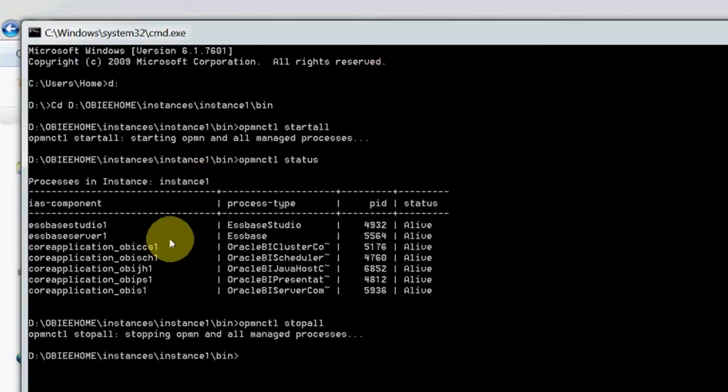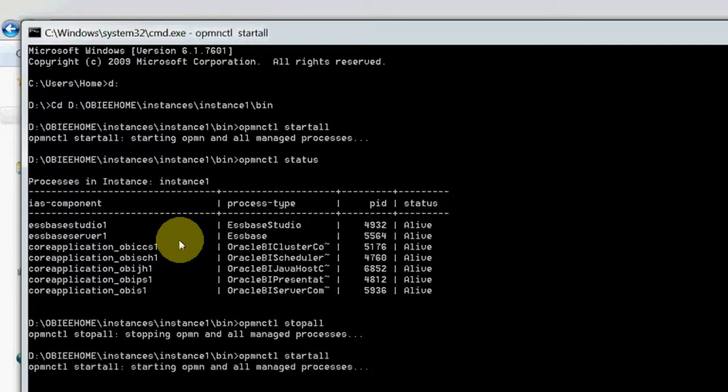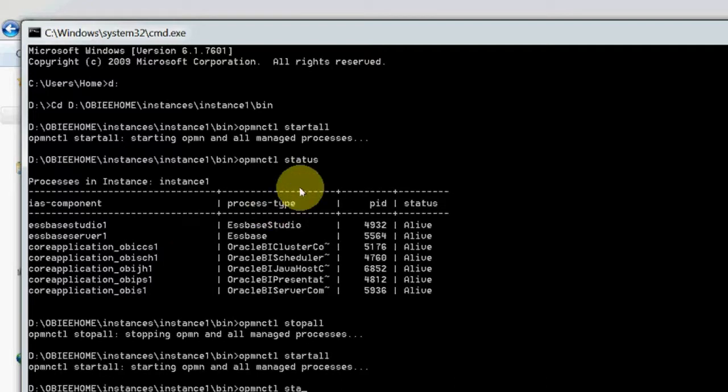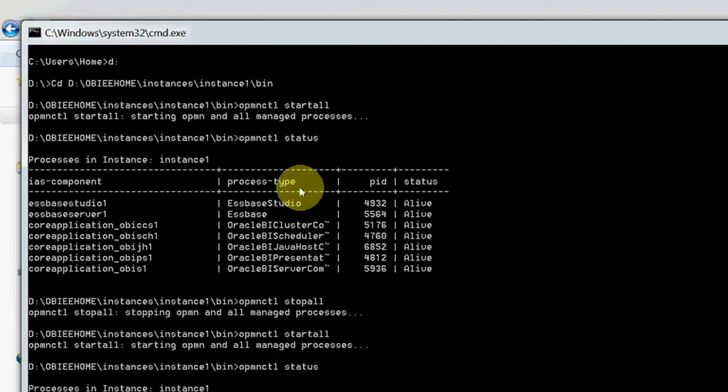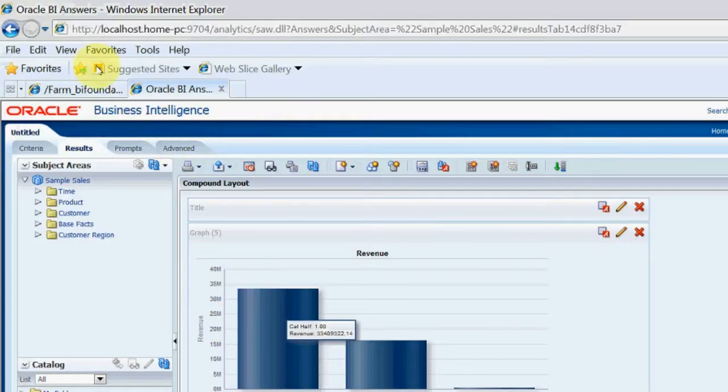Now all the OPMN services are stopped. Now I am starting all, start all. Now all the OPMN services are started. Let us check the status. See, all are alive.